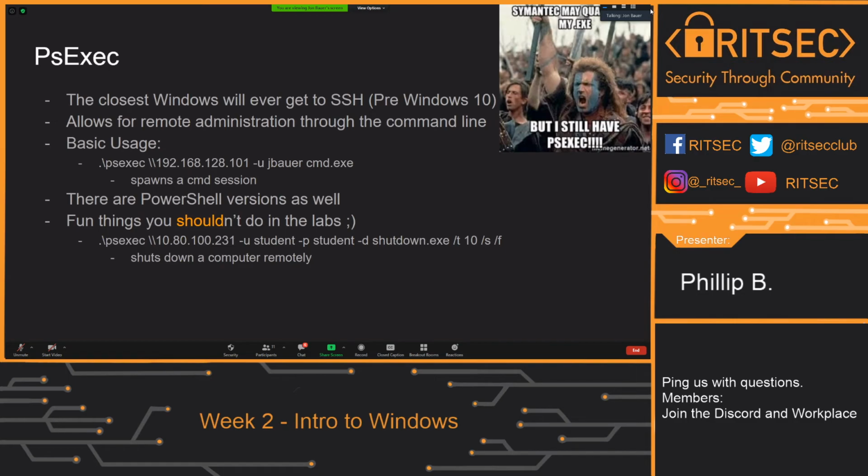But some fun things you could do in the labs are PSExec into the lab machines, and you could hypothetically shut down someone's machine remotely because PSExec is installed on all the lab machines. Don't do this to be malicious if someone's working on work, because all the machines in the lab, if you don't know, are Deep Freeze, and they will reset all the files off the system when you reset them. So yeah, that's a fun little joke you can play at night though if someone's just messing around.